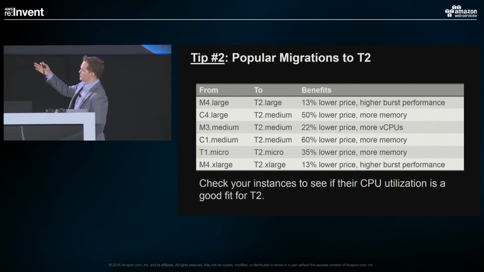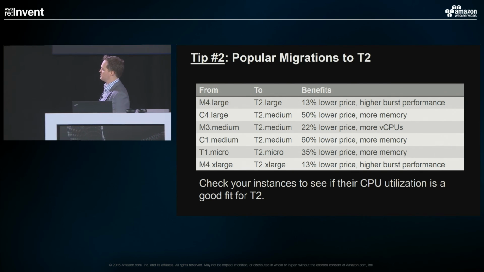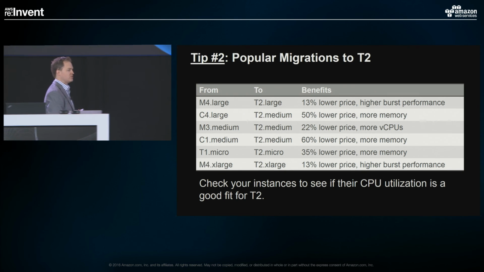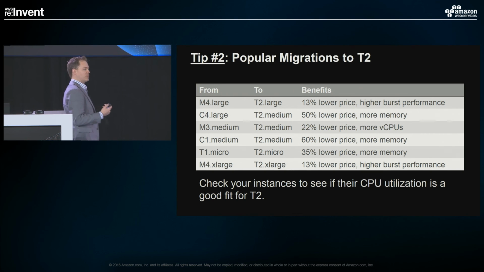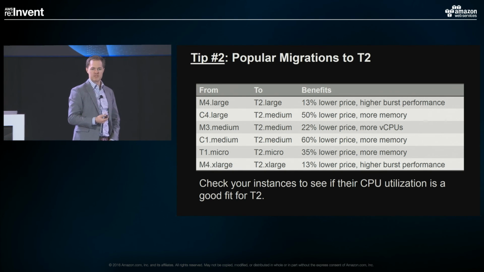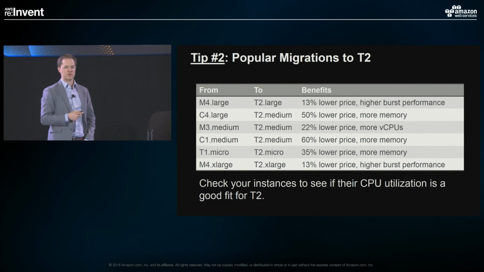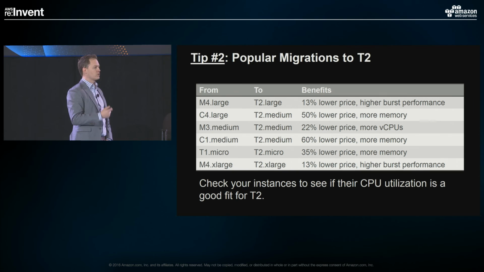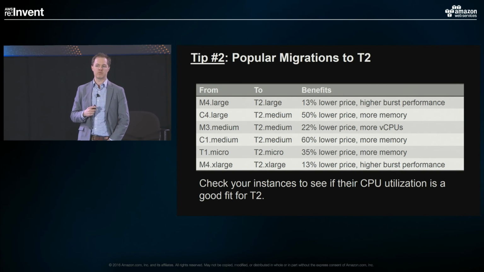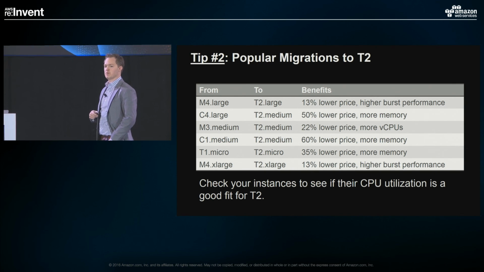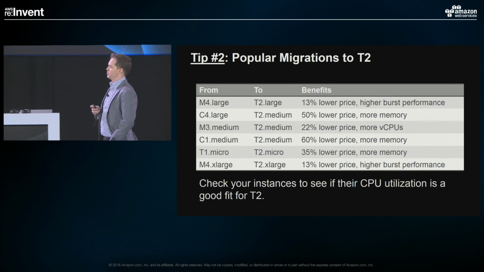It's a couple other examples about M3 mediums and C1 mediums. Again, these provide significantly lower prices. And of course, T1 micros to T2 micros. If you are still using T1 micros, there really is very little reason at this point to start up a new application running on T1 micros. T2 micros are purely better instances at this point in time, significantly better performance, significantly lower price. And so we definitely encourage users who have been using T1 micros in the past to consider moving to T2